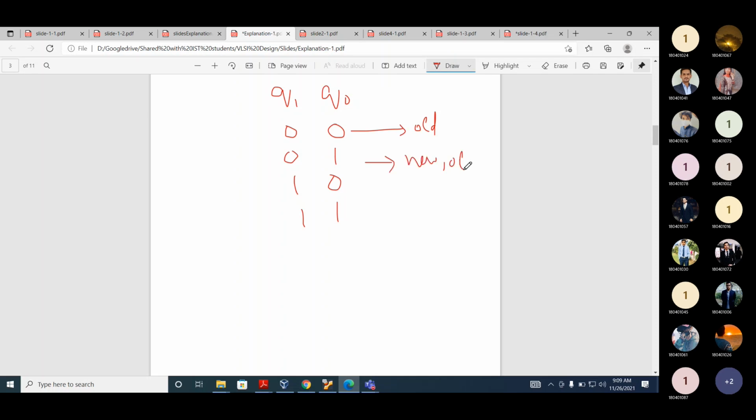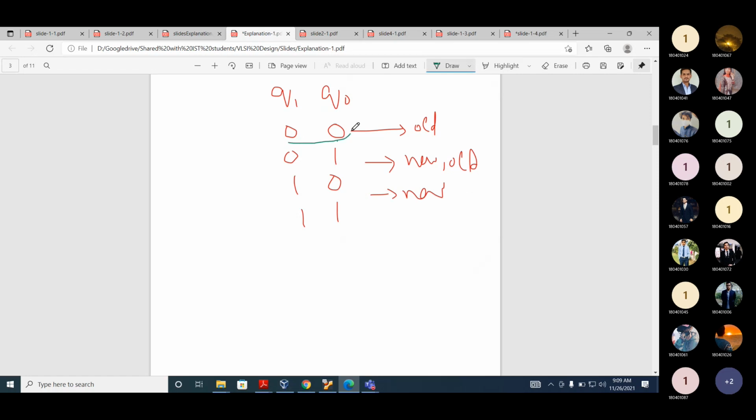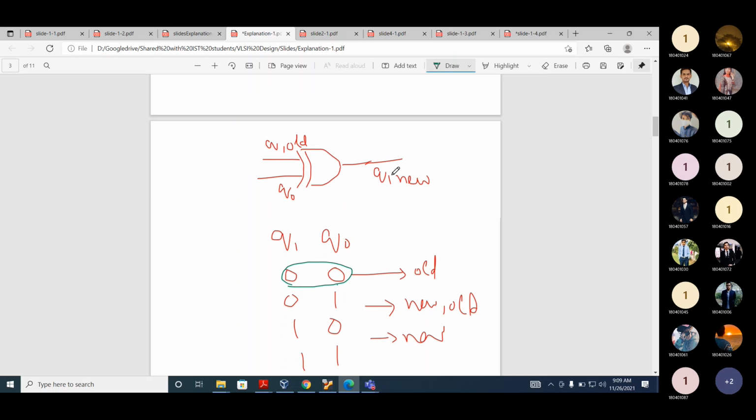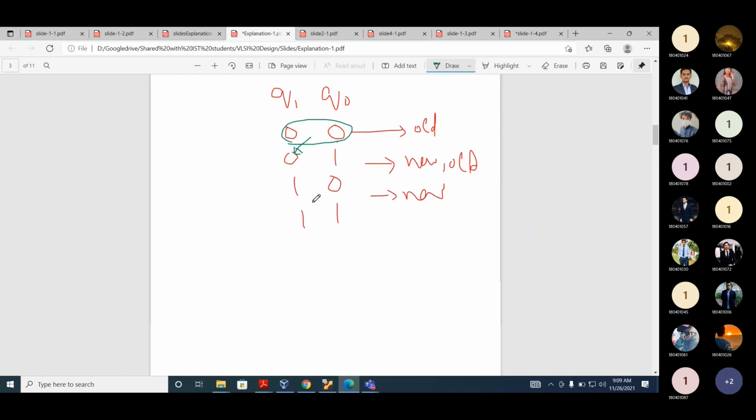Actually, can we say, because we want to implement this Q1 new, exclusive OR of 0 0 is 0, exclusive OR of 0 1 is 1, exclusive OR of 1 0 is 1, and exclusive OR of 1 1 is 0.